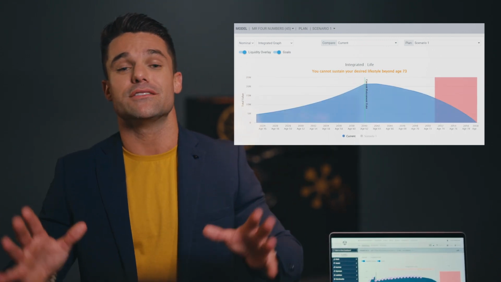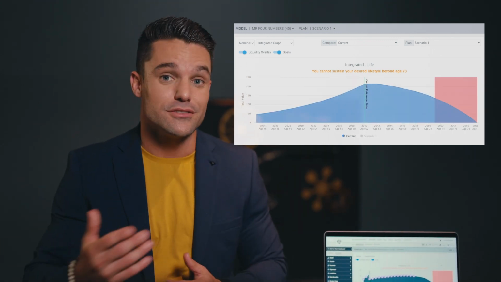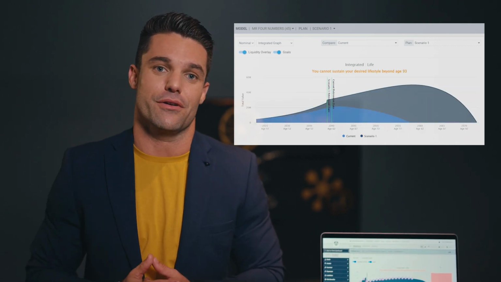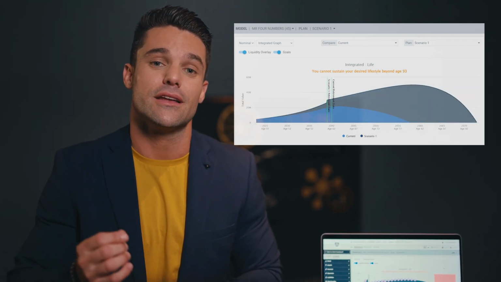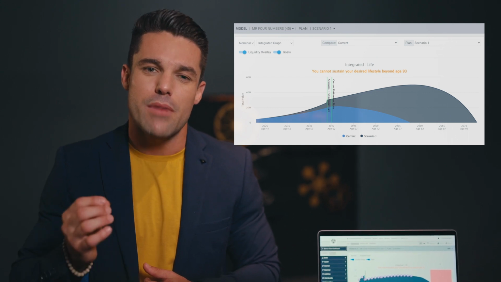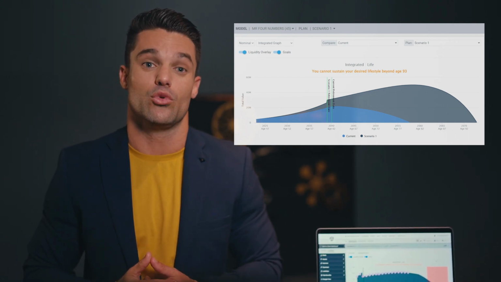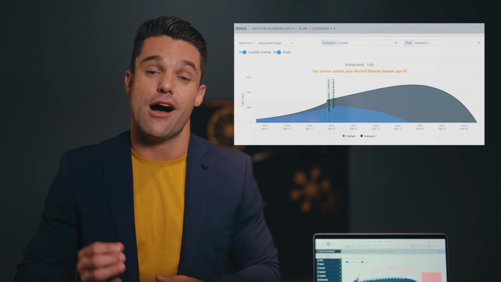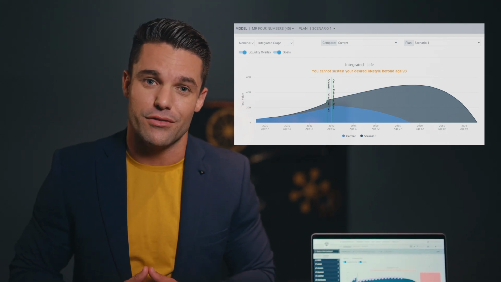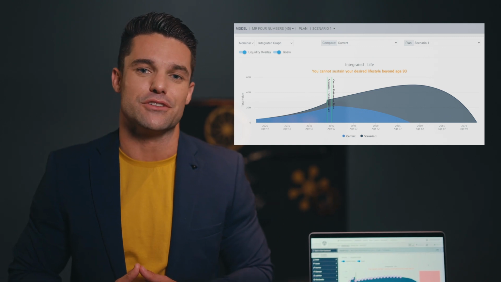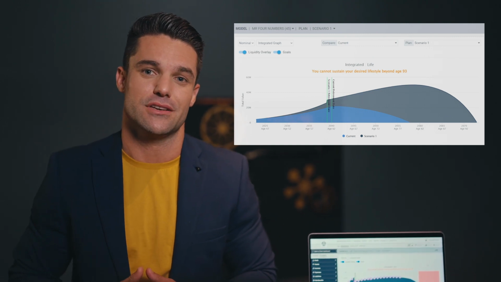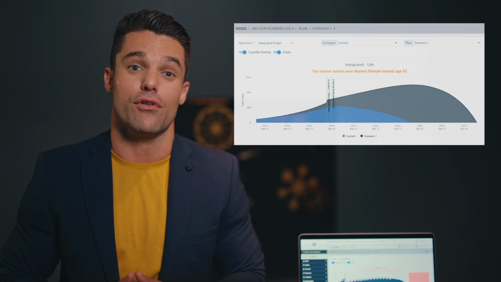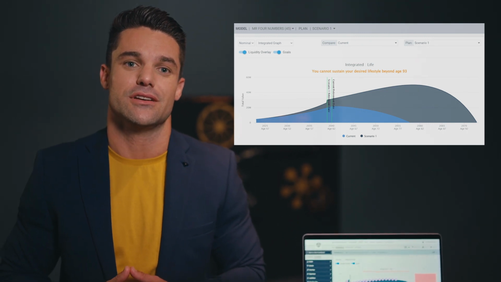Now we can compare Sam's starting point, his current scenario, to his plan scenario that he has co-created alongside his financial planner. Remember, each investor's four numbers will be unique and the lever values will be different for each of us. However, with the use of the Wealth Integrator, we can simplify financial planning into just four numbers and demonstrate the value of long-term financial planning decisions in real time. Now, that is what we would call simplifying financial planning.